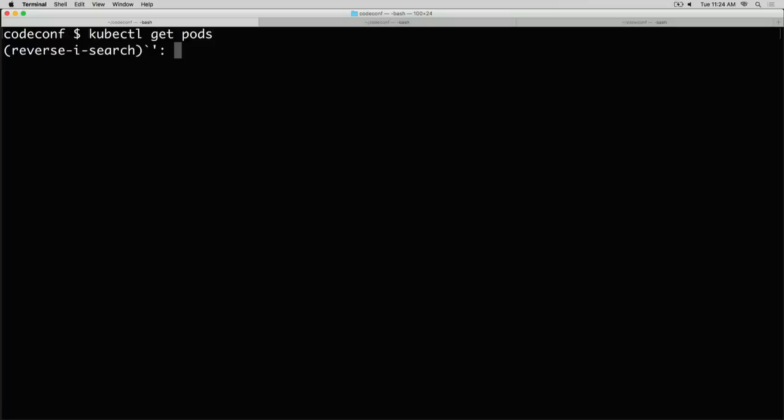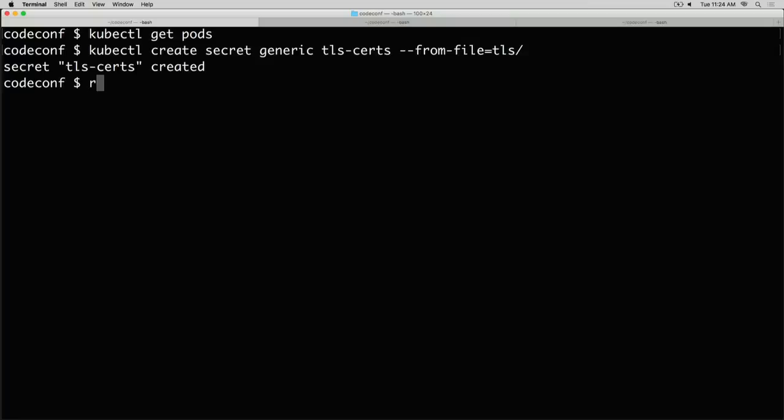So now all we need to do is go through the same steps. Let's create our secret really quick. So we create our TLS certs, okay? Ideally, you should have different certs for the two environments, but this is a wildcard, so it works. And then we'll create our config map.